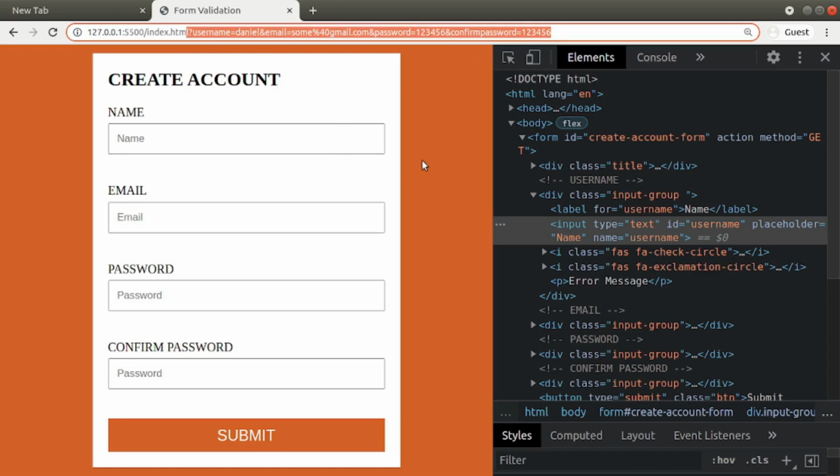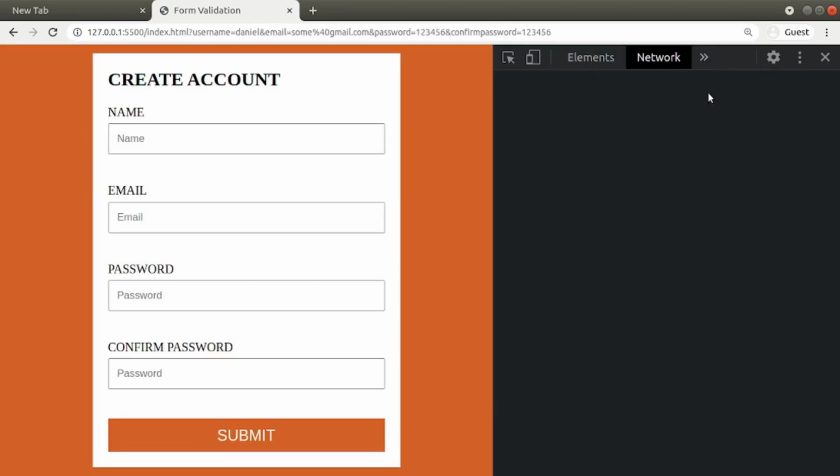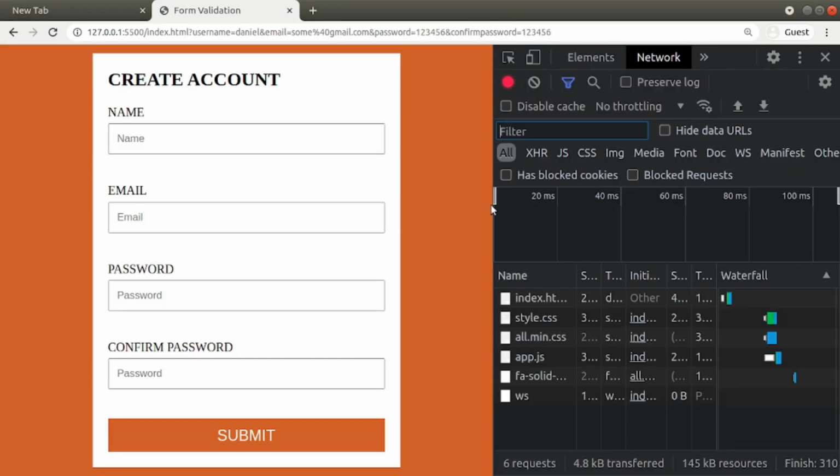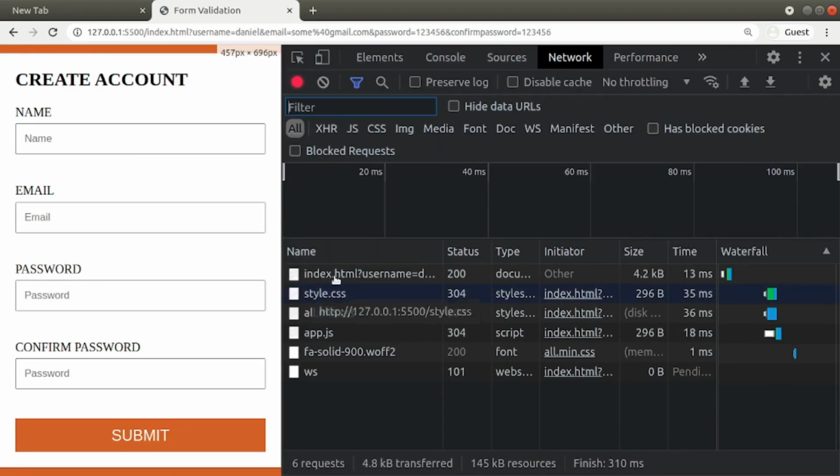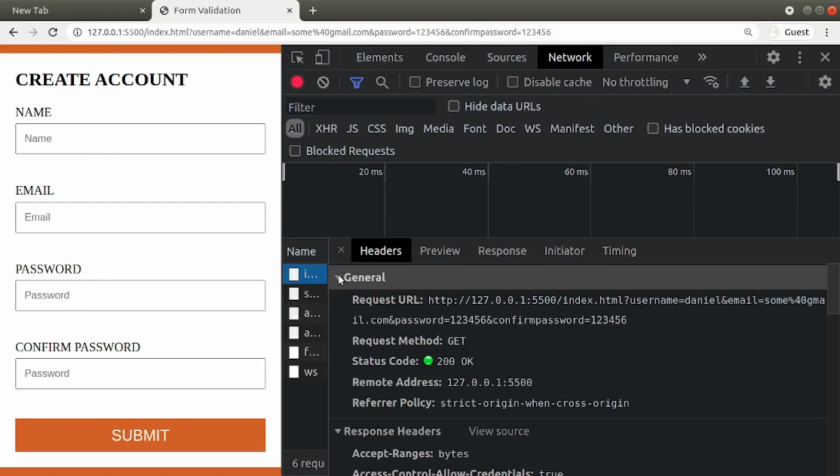To observe this even more, come here and click network tab, select index.html, select header. Now you see the requested URL is index.html. After question mark, our form values: username, email, password, confirm password, and used method is get.